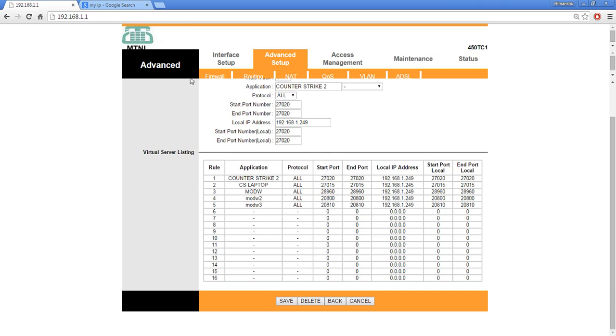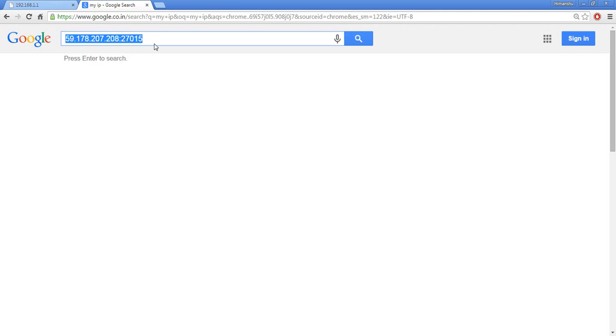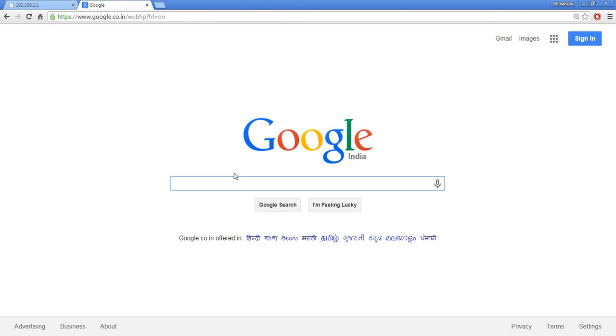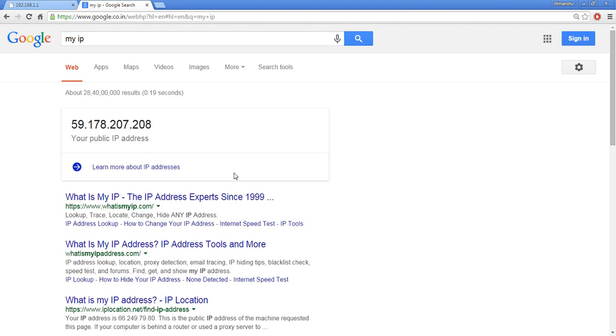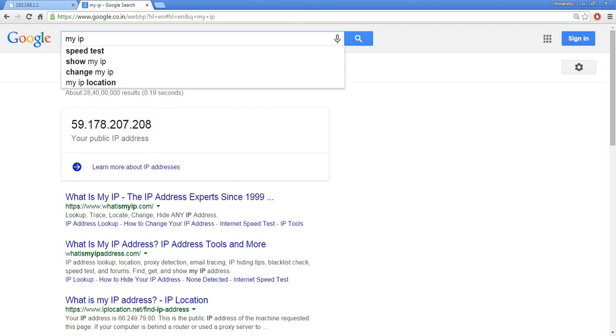And now when you give your friends your IP, how do you find your IP? You have to give your friends your external IP. So you'll just open up Google, you'll type my IP. Google is very kind enough, it will show you your IP, your external IP. This is your external IP. You have to give your friends this, followed by,